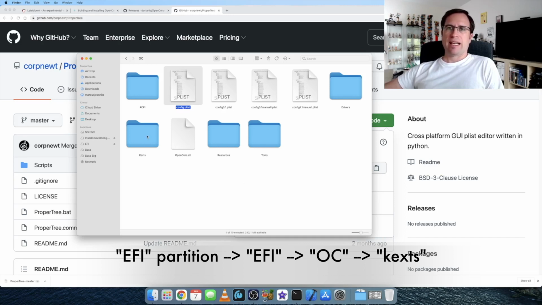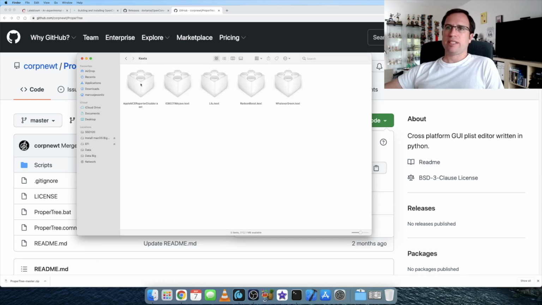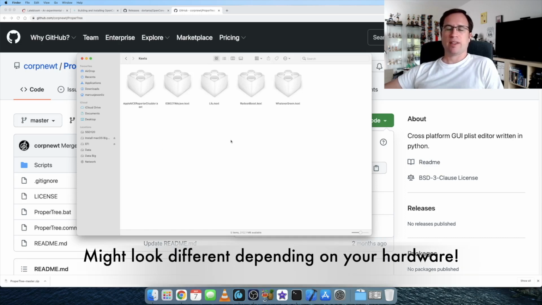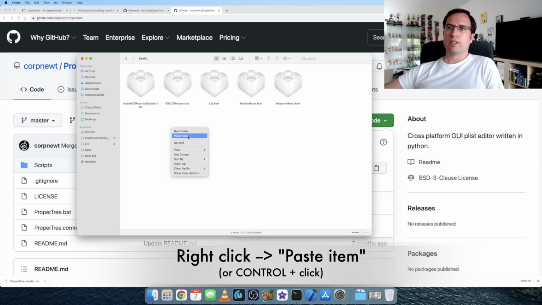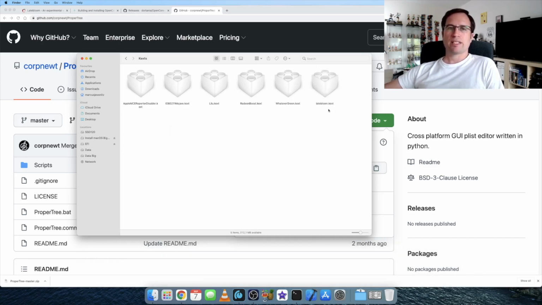There's a folder Kext. If you go into that, you see some Kext files, and that may be different depending on which configuration you use. But here we just do a control click or a right click and we say paste item. And then we copied the LateBloom Kext file into our OpenCore config.